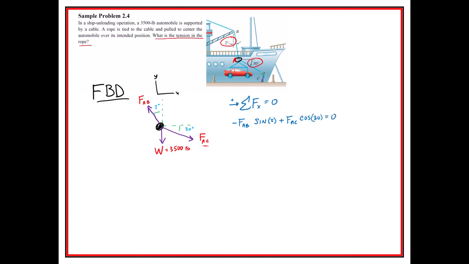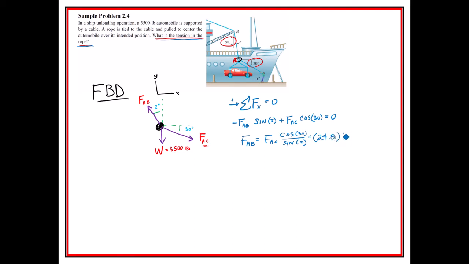Now, we can employ a strategy here. We have two unknowns, FAB and FAC. But we're going to want to find FAC. We were only asked for FAC. So let's solve for FAB, because we know that we're eventually going to want to get rid of FAB. Right? So we take that and we look at FAC, and we can see that would be cosine of 30 degrees divided by the sine of 2 degrees. And if you put that into your calculator, you find that you get